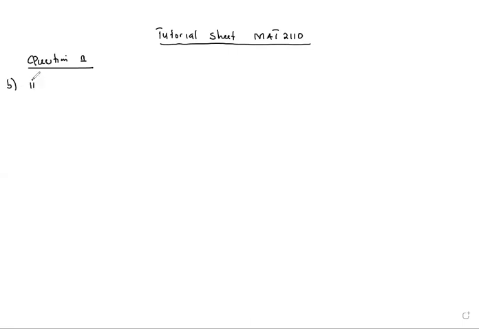Still on trail sheet 1. We're on question 1. We now move to B. So we've done B1. So B2